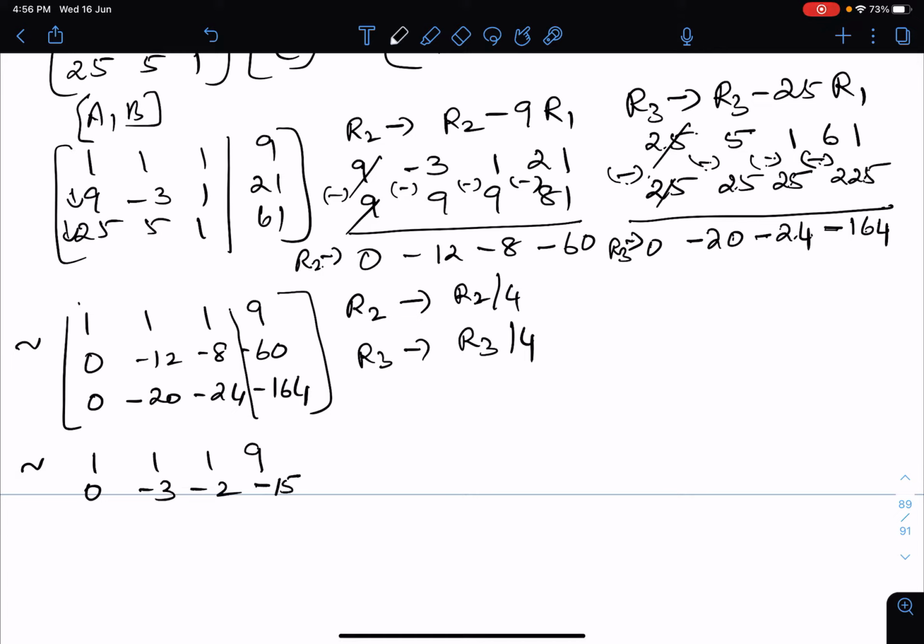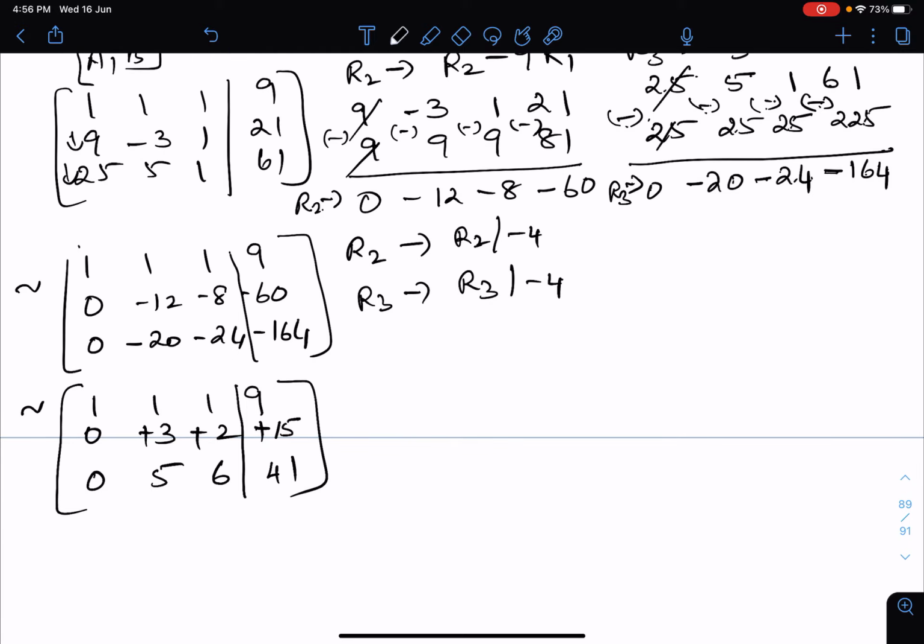Okay. Or you can even divide by minus 4. Instead of 4, you take out the minus also here. So minus 4. Similarly here also you take out the minus sign, it will be more simple. So everything will be plus. Okay, and our last row is going to be 0, 5, 6, and this is going to be 41. Okay, so we have reduced our augmented matrix,